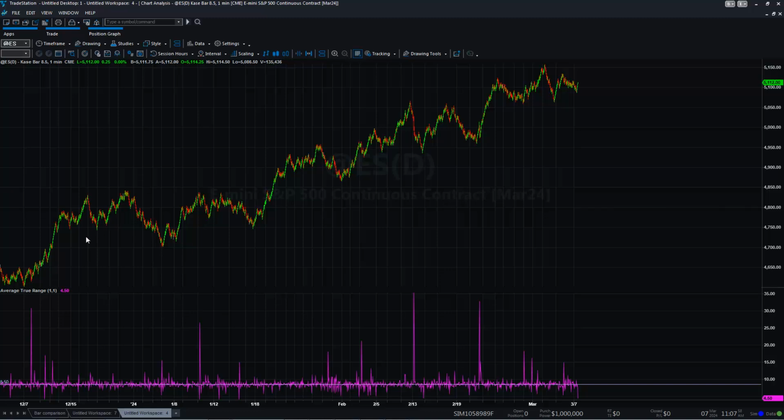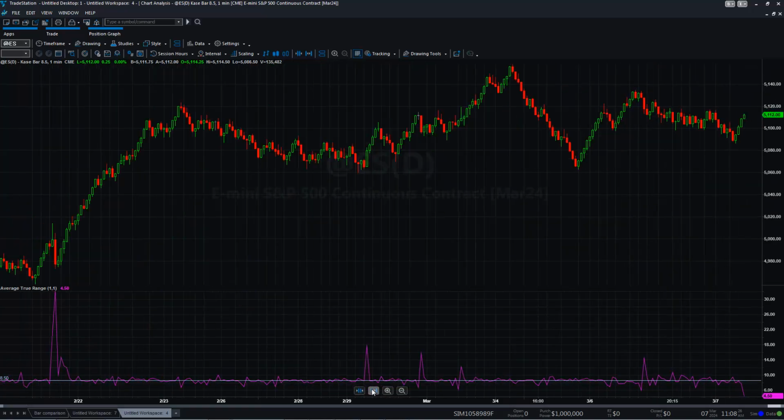Right here I have a Kase bar 8.5 point using 1 minute. So 8.5 is the minimum, right? So all the bars, their size should be 8.5 or greater. But if we plot average true range 1, meaning the true range of the bar, you can see that lots of bars have this range smaller than 8.5, which means that the algorithm